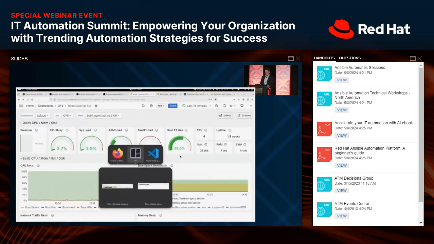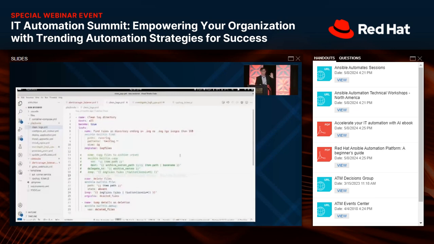I am going to artificially increase the use on the disk, right? I'm going to create a bunch of data on the log directory, and this is just a demo, so don't say, hey, that's not a real world situation. I know it's not. I can't show you the whole complexity here, right? But I'm going to run a playbook.